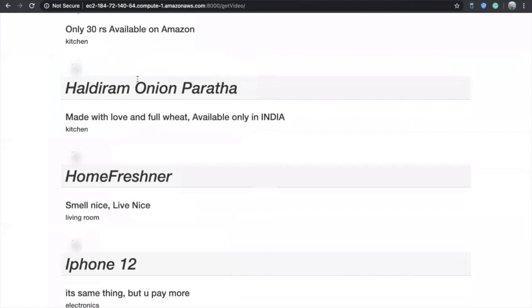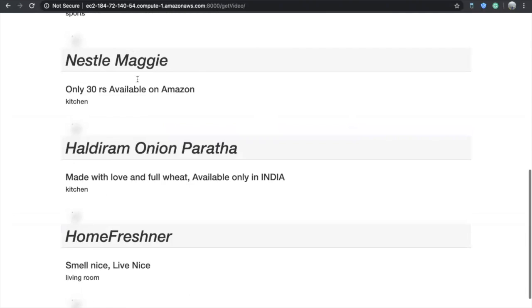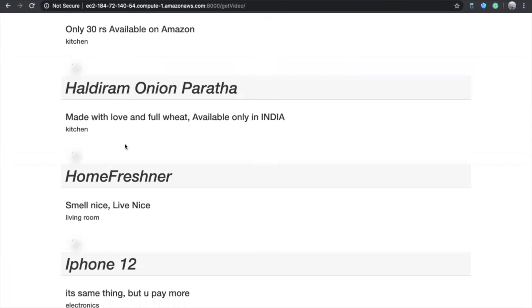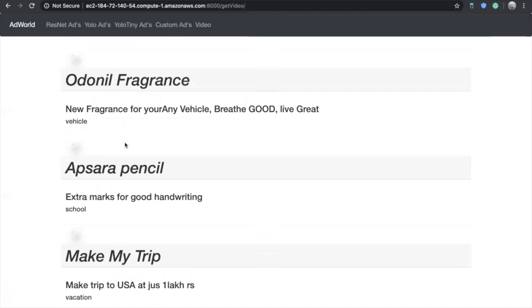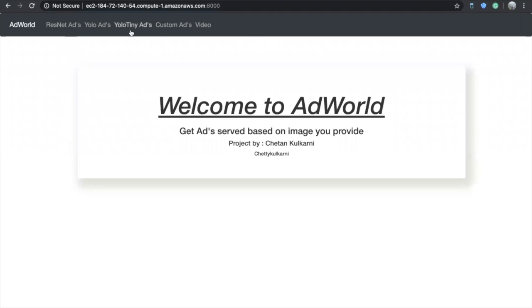Going forward, this can be extended to live feed as well. As we have video already in place, we can just extend it to live video capture and live advertisement generation as well. This was a very good experience developing transfer learning, learning all about pre-trained models, doing transfer learning, and using that model to do something useful.